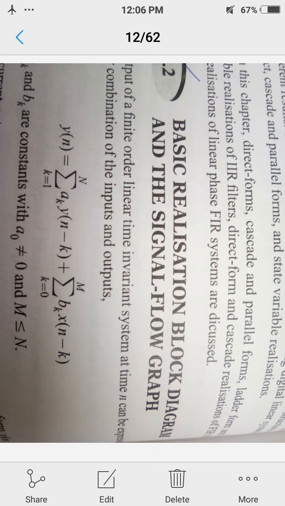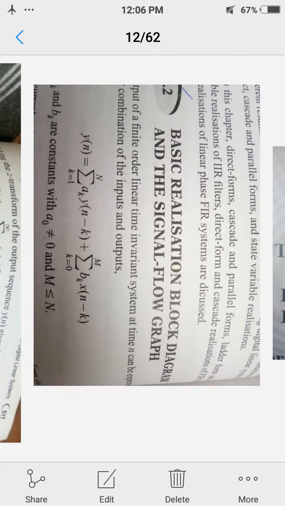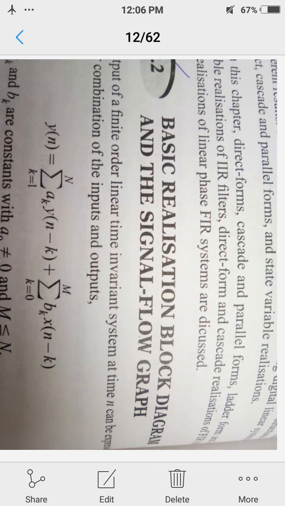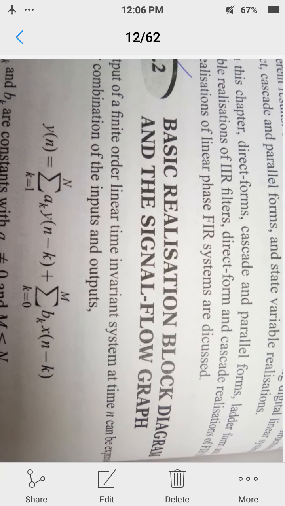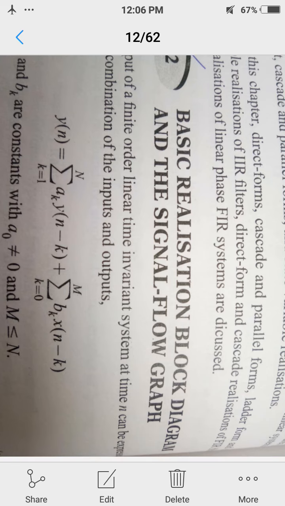So let us see the basic realization block diagram using the direct forms, or we can say the signal flow graph, using addition, delay, and multiplication by a constant form of representation. So let us see what is the basic realization block diagram and what is the equation we will be using